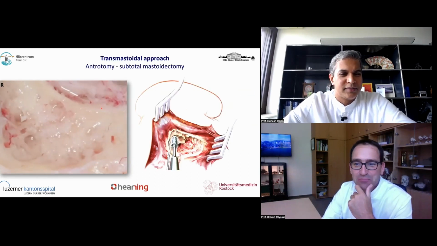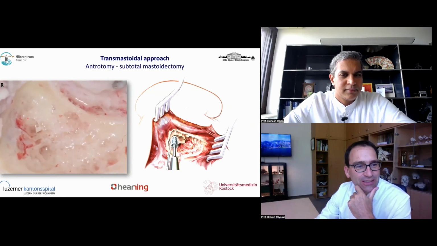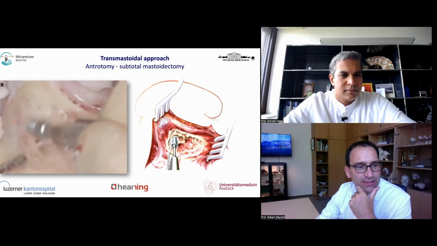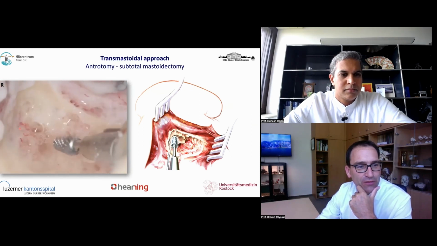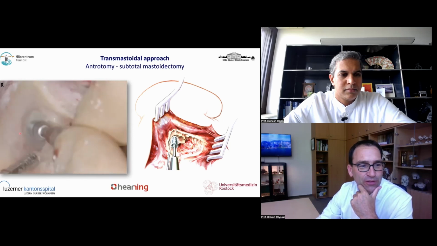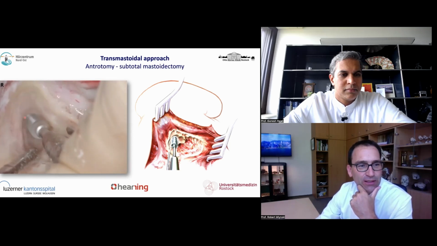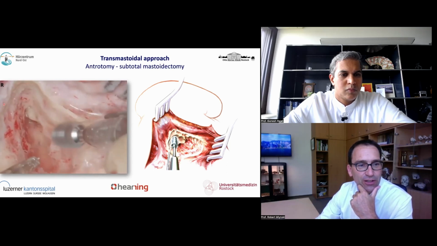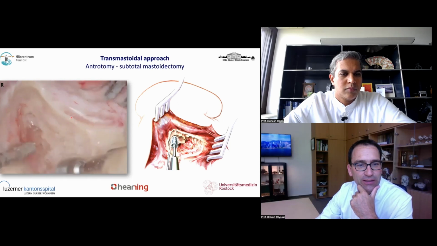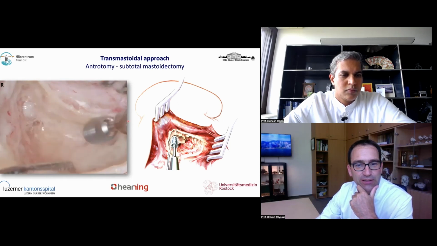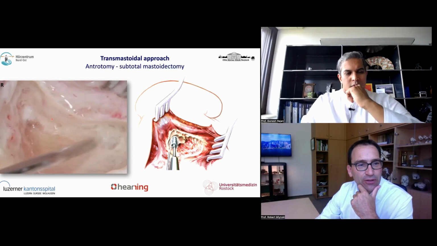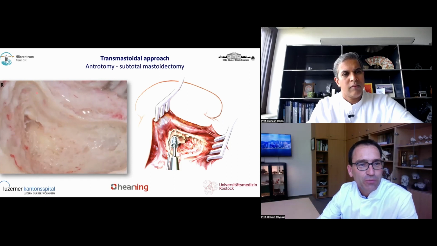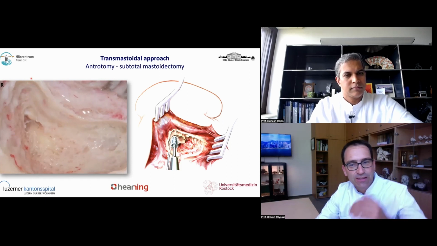So, landmarks for the mastoidectomy: cranial is your temporal line. First thing to identify is the middle fossa dura. You should obviously leave bone on it. And in my opinion, it is very important to start in the cranial third of the outer ear canal. So this would be the head and spine. This is the middle part, and the inferior part can't be seen here. But you have to go towards the zygomatic process of the temporal bone, and you should be towards the roof of the